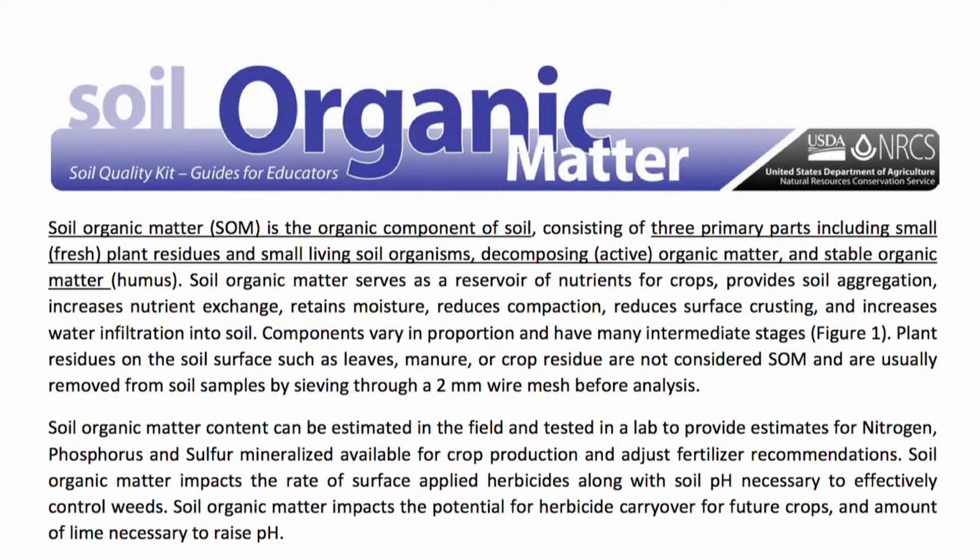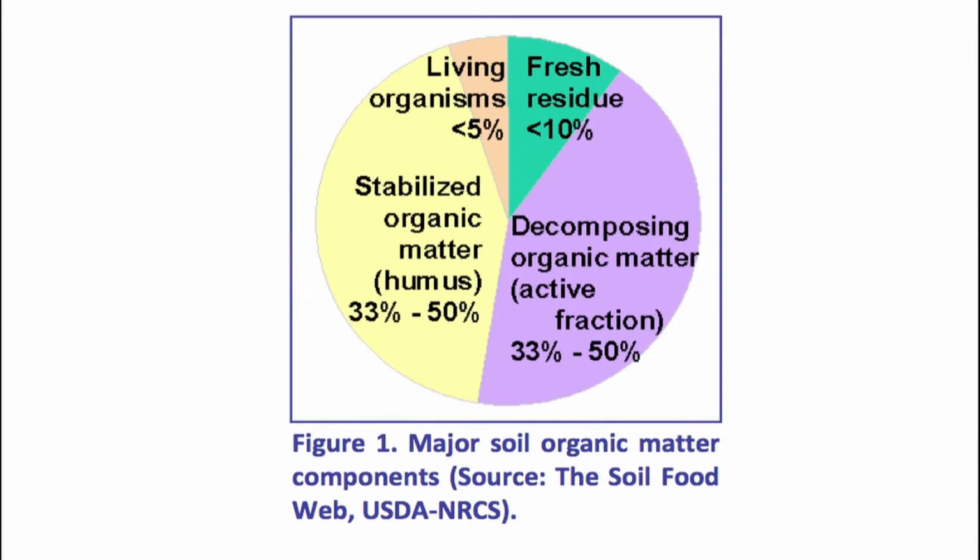Okay, soil organic matter is the next test we'll be covering. And soil organic matter is the organic component of the soil. In your guide, you'll see a figure 1 that shows the different components of soil organic matter, which are the decomposing or active organic matter, the stable organic matter, or the humus. That's what gives the soil the dark or the black color. Small living organisms such as your microbes in the soil, and then our fresh residue, which has just begun to